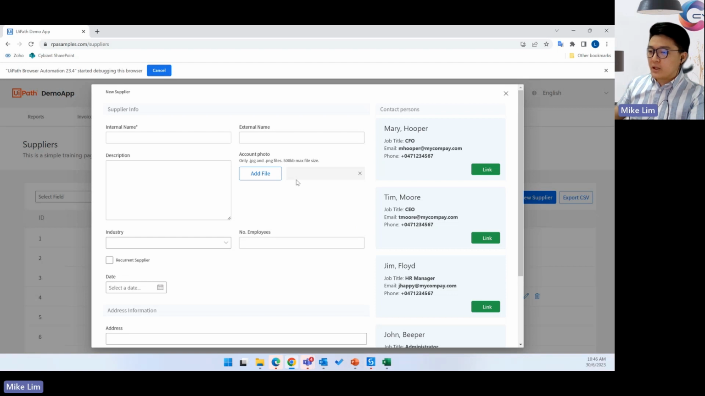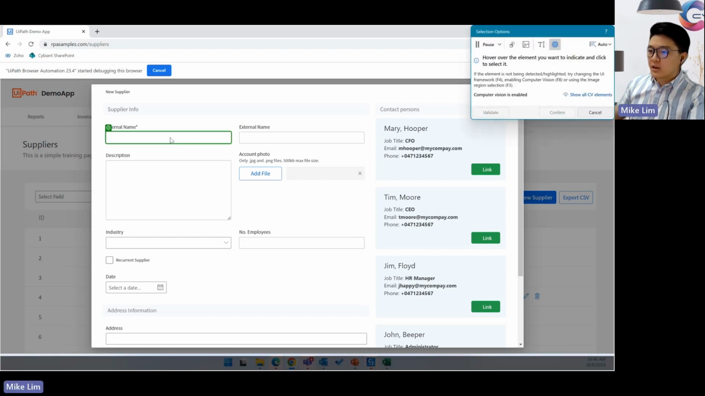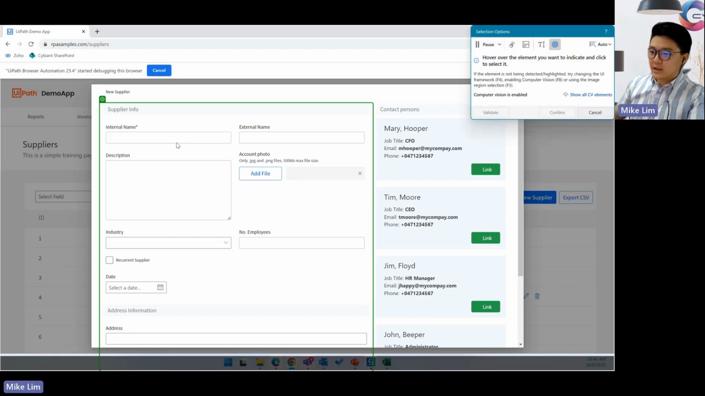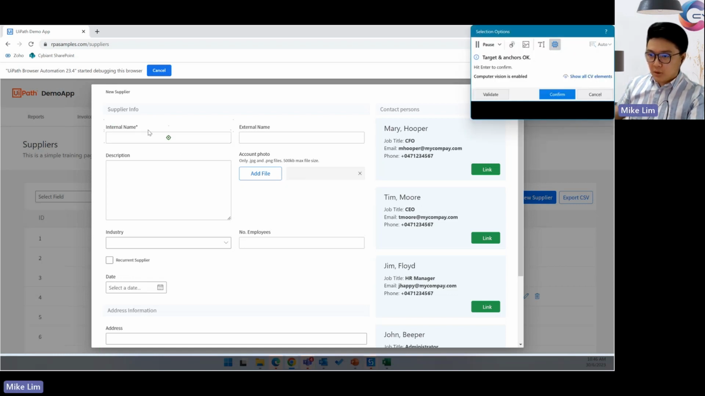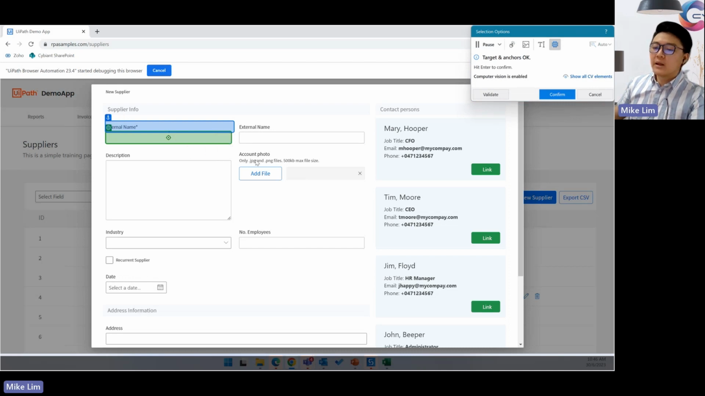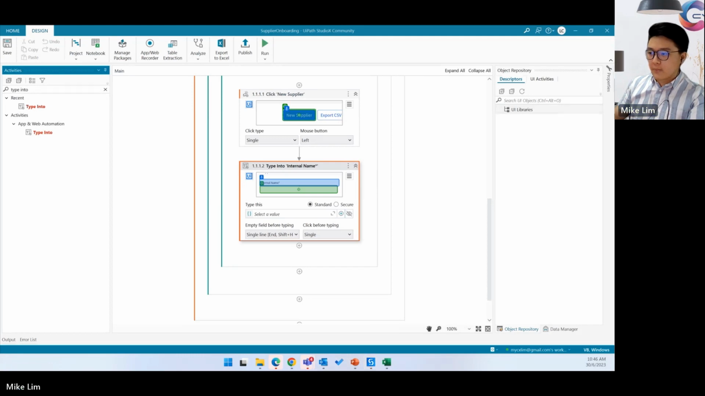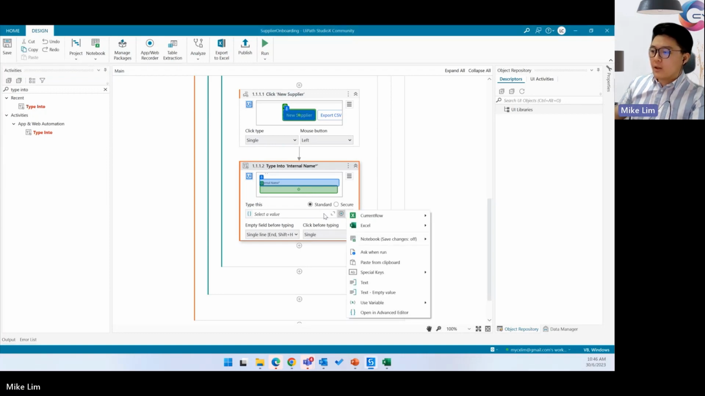Okay, so I need to indicate. Internal name. I select this box, internal name. Because you have a good anchor, it will automatically select that as an anchor, and I confirm the selection. Then I need to indicate what is the data that needs to be typed into internal name. So I select a value, I click,